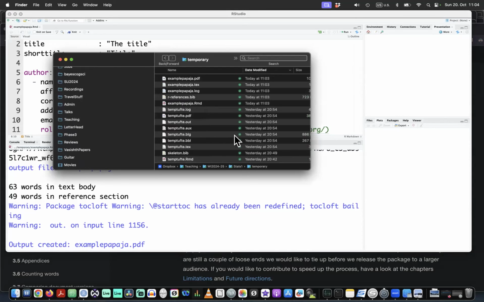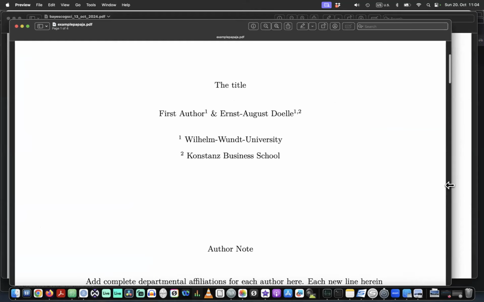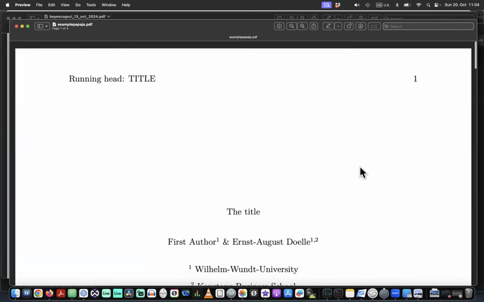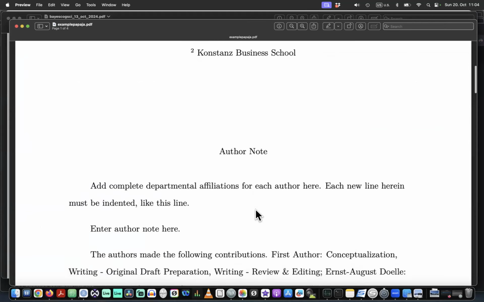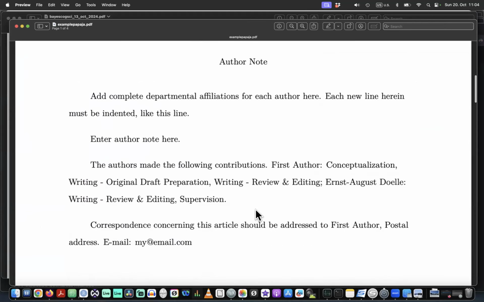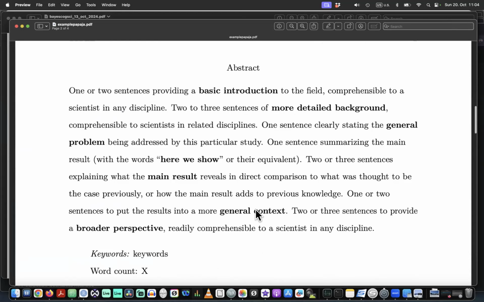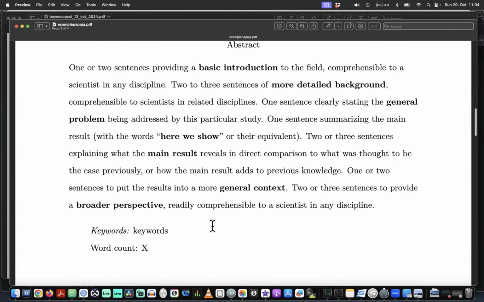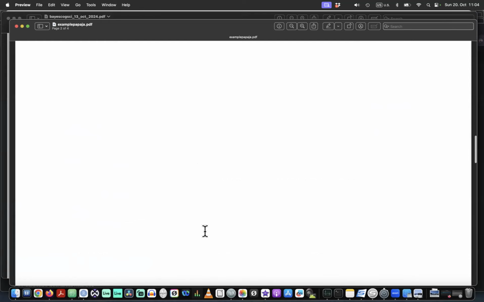Under temporary. So here's my Papaya file, which I just compiled. This PDF file now contains the running head, the main title, first author, etc. All this information is now available here, and it's nicely formatted, ready for submission, right? And you can see that the result of the abstract that you had written shows up here in the correct